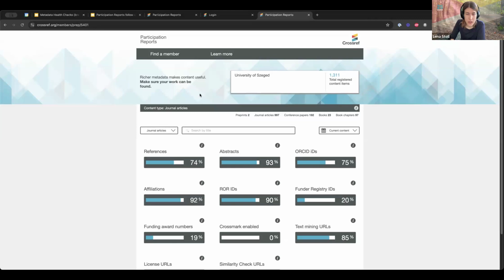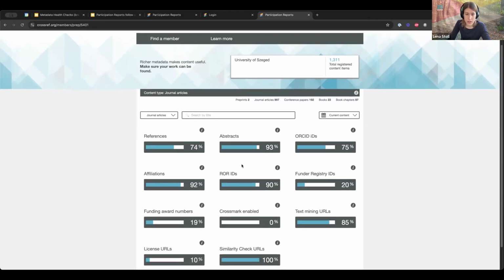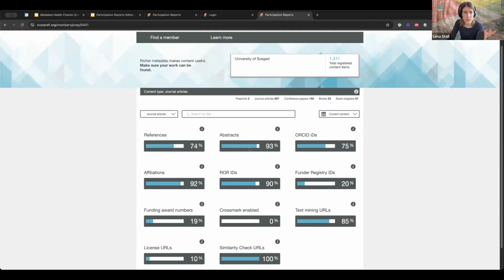Great. Once you've selected your member, you'll get to a page that looks a bit like this, except probably with different scores. You can always see the proportion of the selected member's content that contains one of these 11 key fields in the metadata.